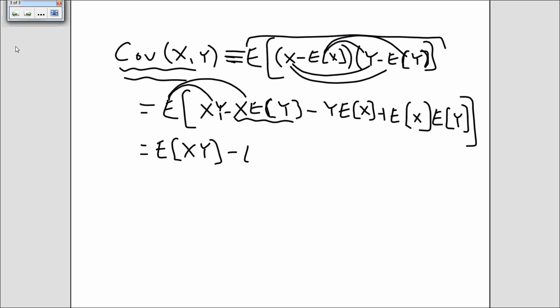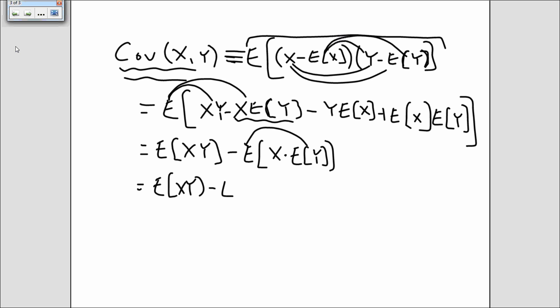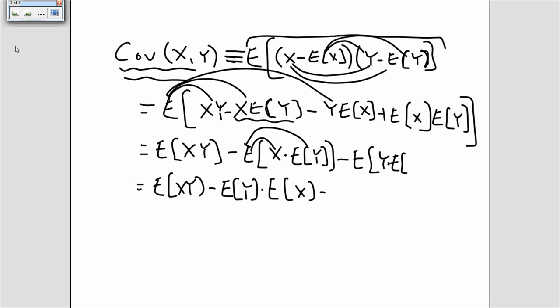You have the expected value of x times a constant. E of y is a constant, so it's going to come in front. So you're going to have E of xy, minus E of y times E of x, because the E of x comes in front since it's the constant times E of y,